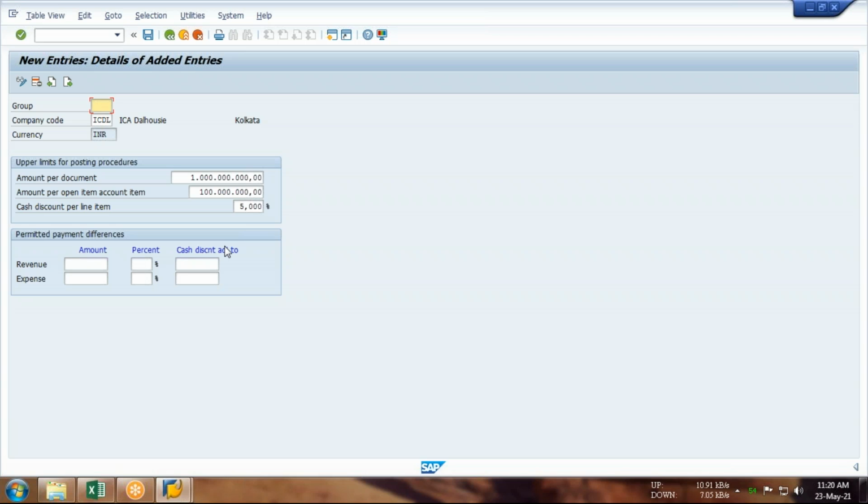So please take the screenshot. I'm requesting all of you, whenever you perform this in your company code, please take the screenshot. This screenshot will help you.